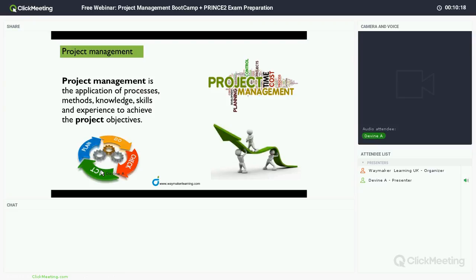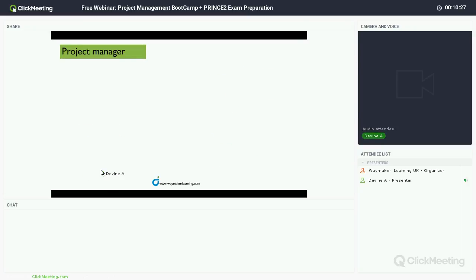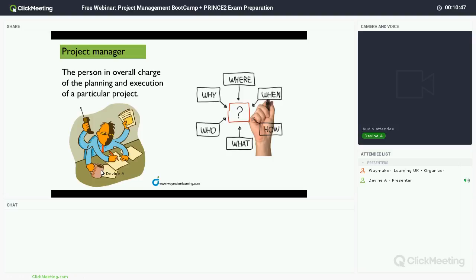So who is the project manager? The project manager is a person in charge of the overall planning and execution of a project. He takes responsibility of every stage of the project. He's always involved in the why, the where, the when, the who, the what, and the how. And sometimes it might seem like we have on the screen here that the project manager is always multitasking and doing several things. Well, with knowledge and experience